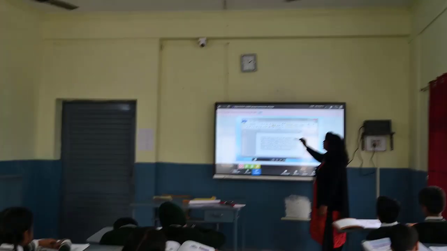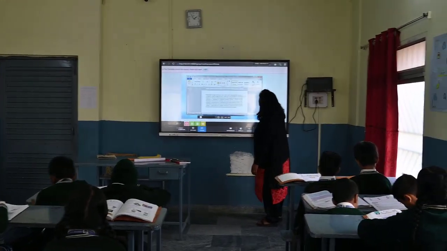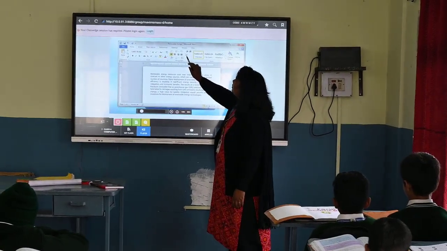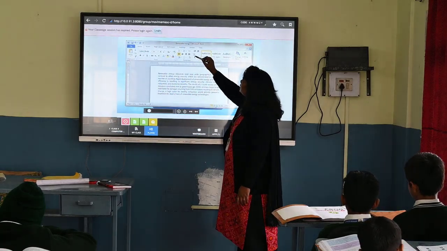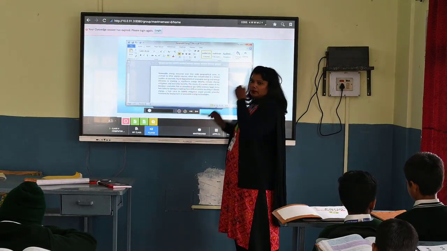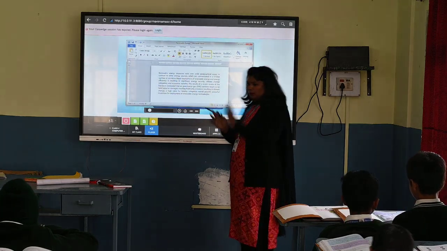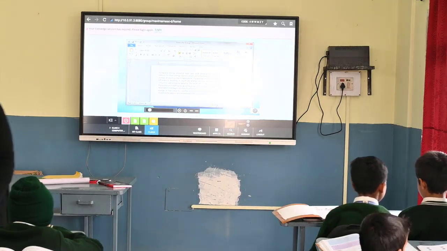The distance between the 2 lines, that is your line spacing. Can you see the option over here? Yes, ma'am. 2 arrows. This side also, this side. This is your line spacing. Understood? Yes, ma'am. And suppose two paragraphs are there, then for both the paragraphs you can adjust the distance.